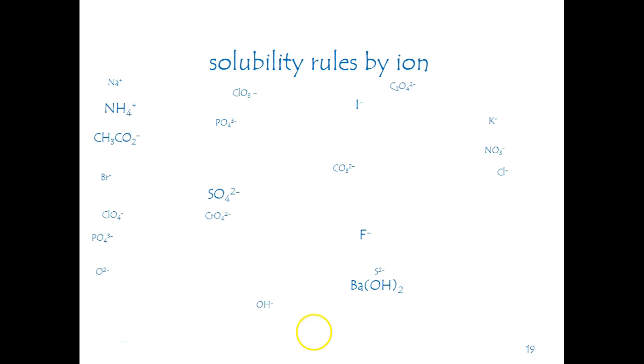We're going to have to guess a little bit where we go here. Sodium, always soluble, so I'm going to write always. I guess it's always, sometimes, never. Maybe it includes the exceptions. Do we go to ammonium? Always. By column. Acetates, always. Bromides, there's some exceptions. Silver, mercury, lead.